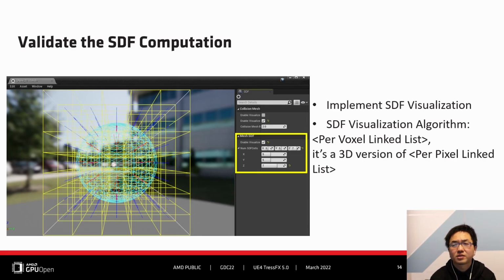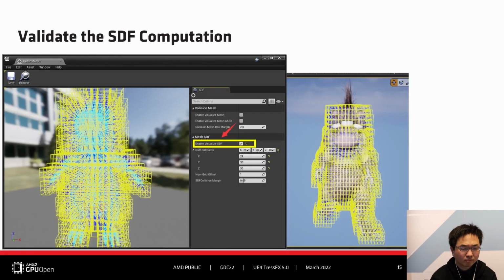Now the bounding box is computed on the GPU side. The white line is the bounding box. Previously, it was computed on the CPU side. For some complicated animations, it was not accurate enough. We have implemented SDF visualization and an asset editor.